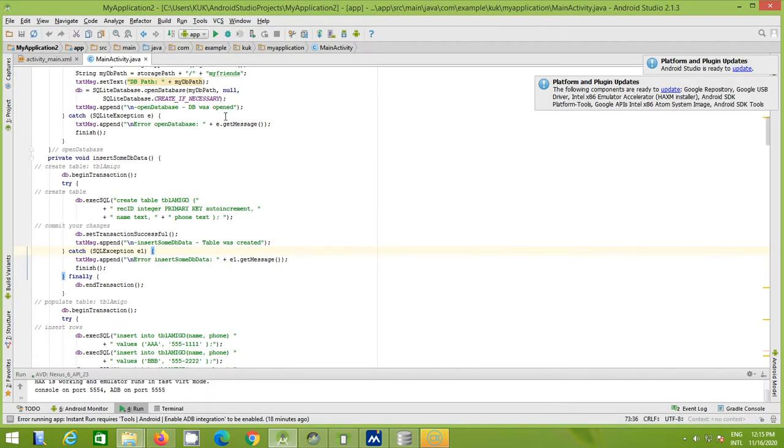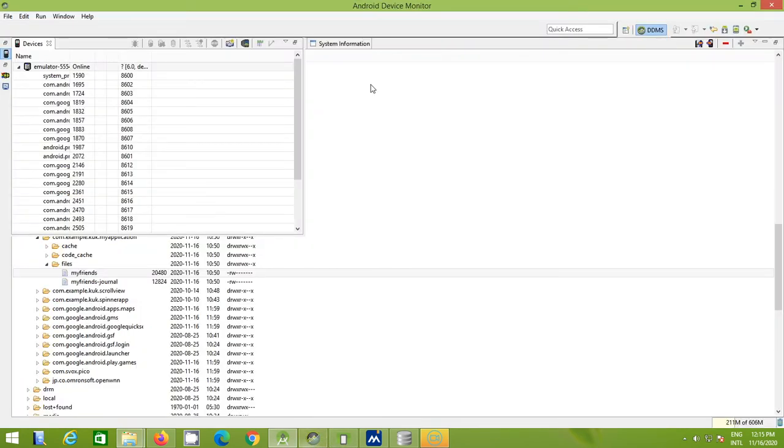In Android Studio we also require a tool, and that tool is the Android Device Monitor.